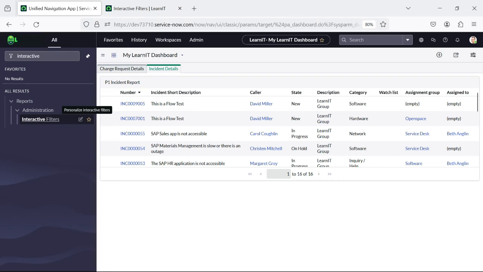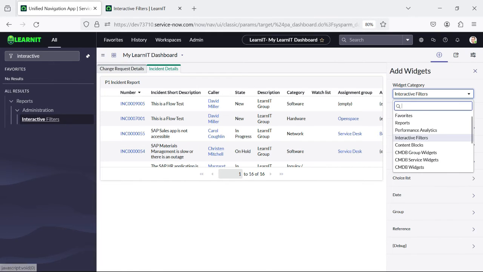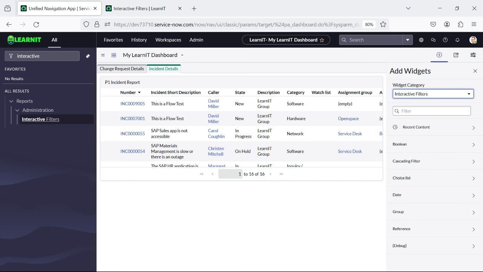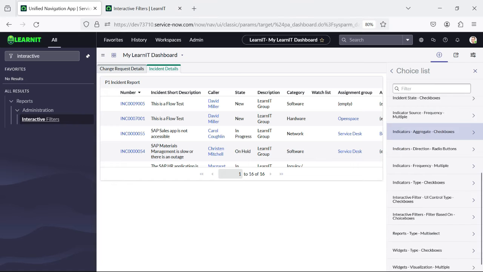We will again come back to our dashboard, click on our configuration button, then click on the widget category button, and then click on interactive filters. You can see we have multiple options showing under interactive filters. We have created an interactive filter of type choice list, so we will click on choice list, and here you will see our